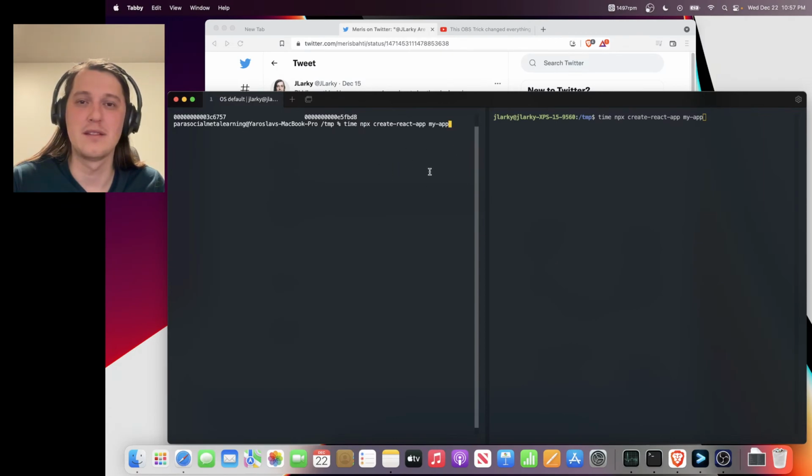This will create basically like, how do you call it, kind of like boilerplate for a single page application. Yeah, with Webpack and CSS, like Sass and all of that stuff. So